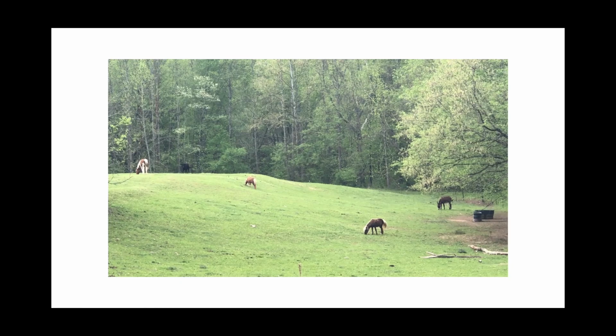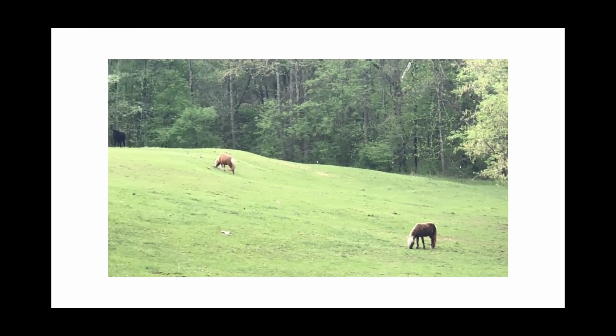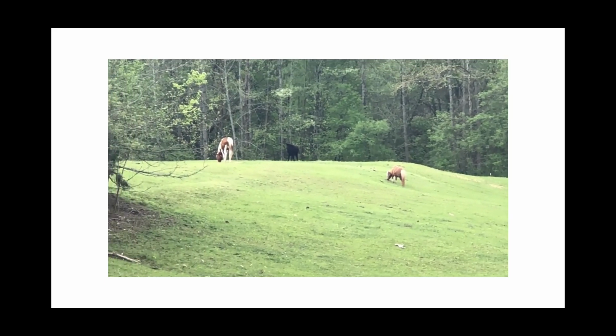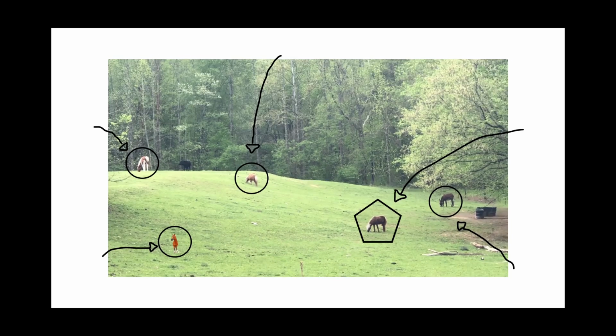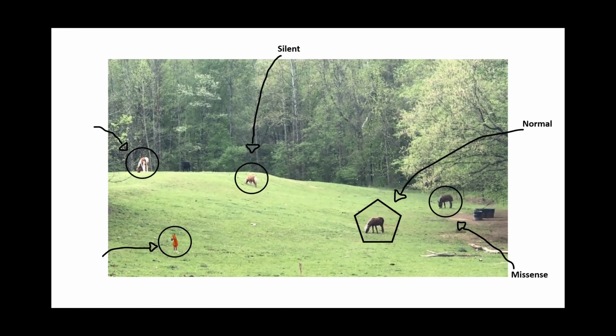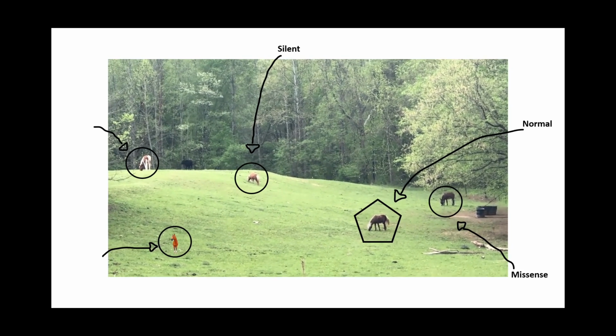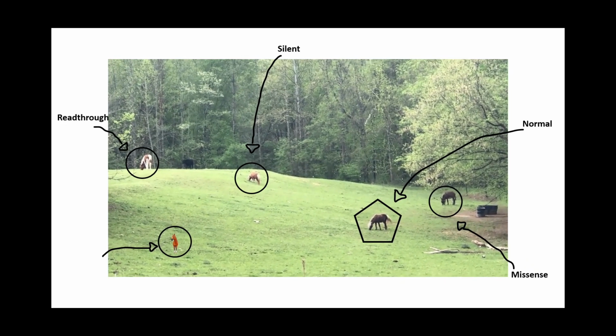In this video, there is a donkey, 2 minis, and 2 disproportionate ponies. The pony here has normal sequence. The other pony looks exactly the same because the mutation did not change how she looks, so this is a silent mutation. The donkey has missense mutation, so the mutation did not function properly and changed it from a pony to a donkey. Then we have this big pony that has read-through mutation and has gotten longer and taller.